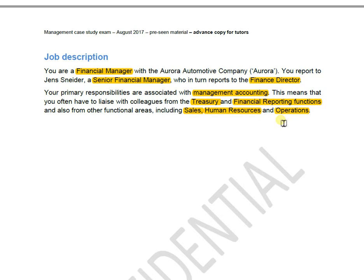Remember, your operational case study had 64% technical, but the management case study has 39% technical. So the technical component reduces and the application has to increase. So as you keep practicing exam related questions, maybe you can use the study material provided by StudyCIMA. That will definitely help you in familiarizing yourself with the exam. This is especially important for any gateway students, any students doing the MCS through the gateway route. It's very important for you since you don't have prior experience in the case studies with CIMA. Alright, so moving on,